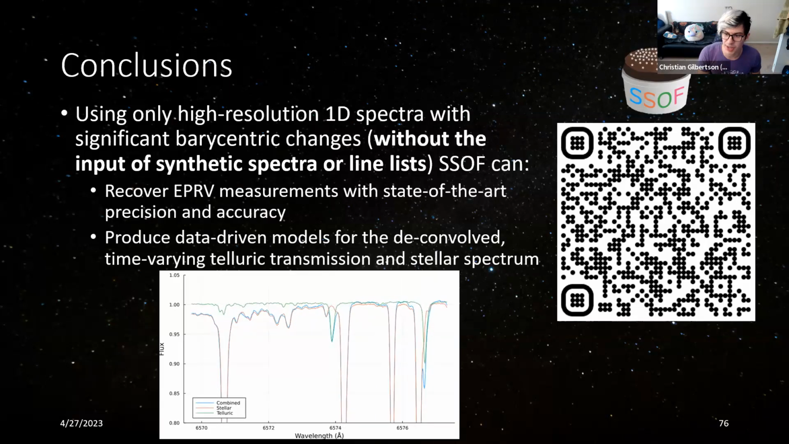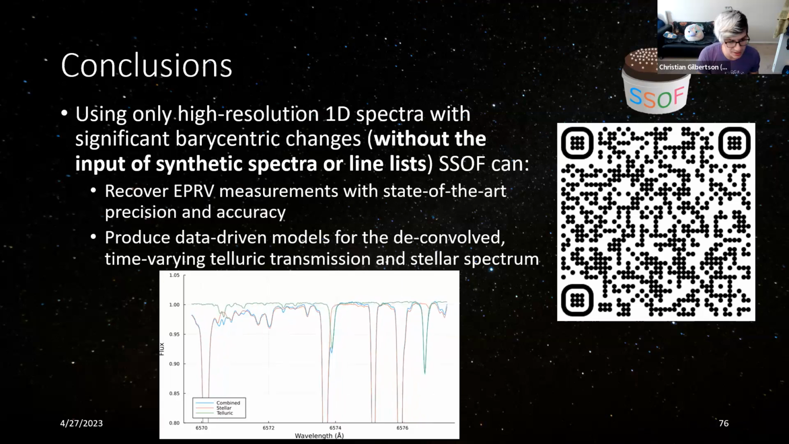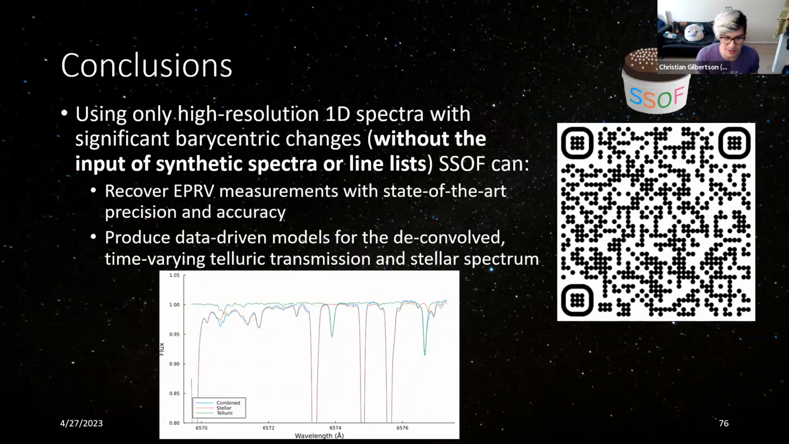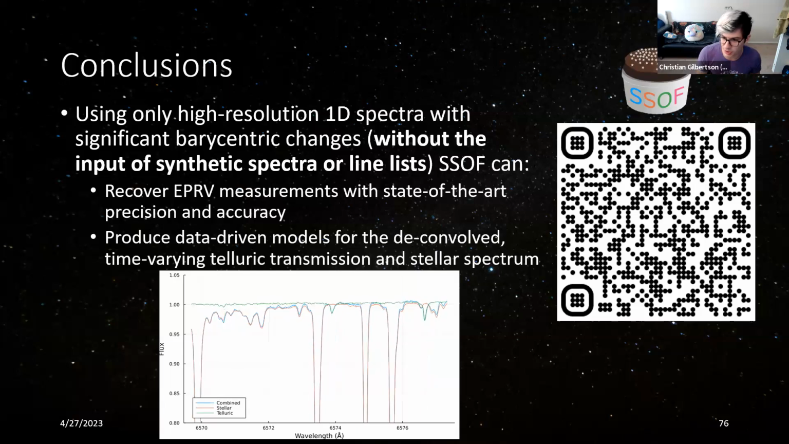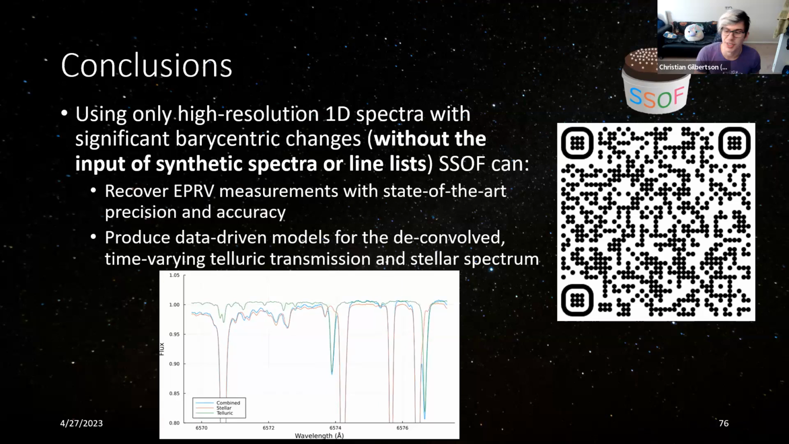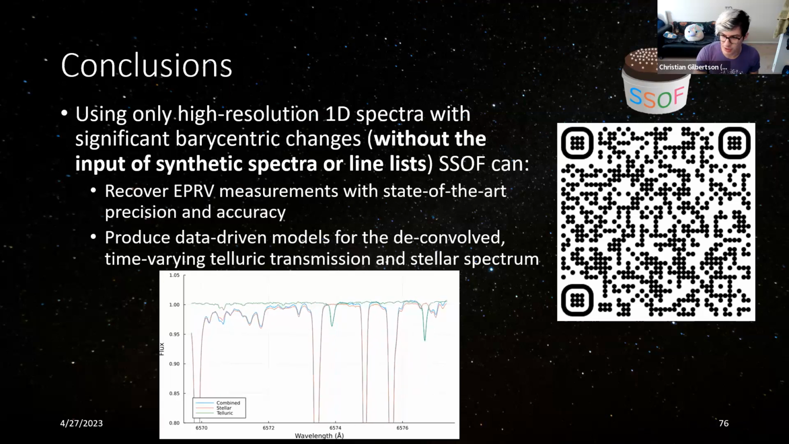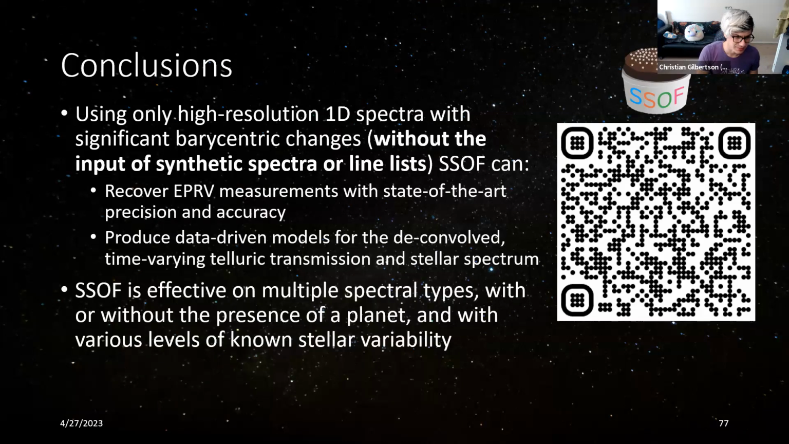These models can provide a powerful way to generate synthetic data sets, including both stellar spectra and telluric transmission, with arbitrary RV signals like the toy model that I showed earlier. These can also be used for evaluating SOOF, other EPRV pipelines, or any other stellar variability modeling tools. SOOF is effective on multiple spectral types, with or without the presence of a planet, and with various levels of